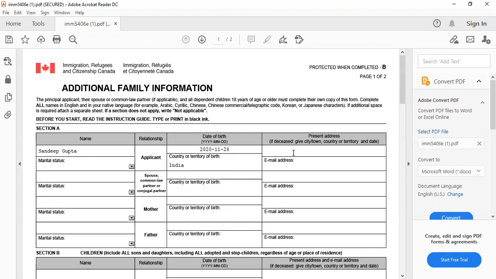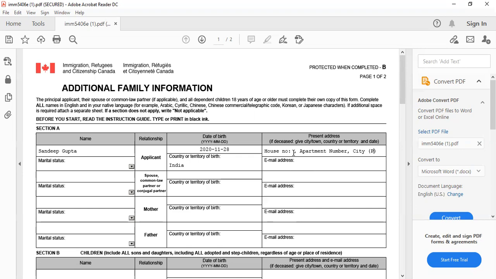Then you need to provide the complete present address, like house number, then probably gully number or apartment number, I would say. Then your city.